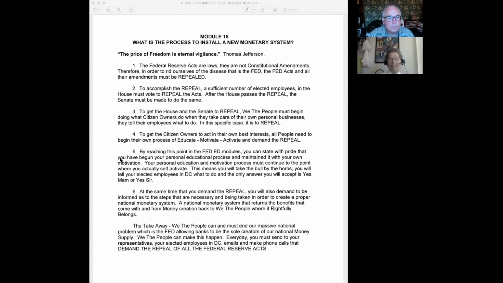To get this done, fortunately, it's not a constitutional amendment. It's simply a law. We've got to get Congress to do it. To get Congress to do it, the upshot of all of this is we, the people, individually, have to pound on our elected employees in D.C. I suggest emails and phone calls, because letters they may or may not read. But you overload their inbox with emails, you overload their answering machines with phone calls, you go to their local or in-state offices, and you tell them,